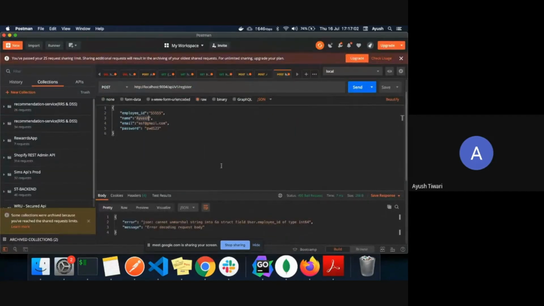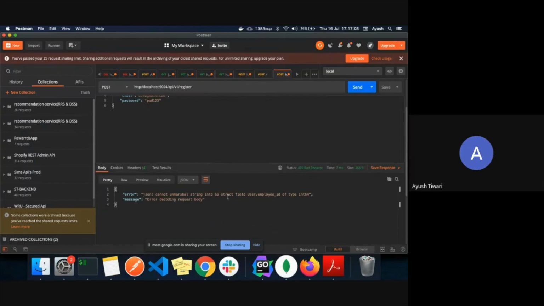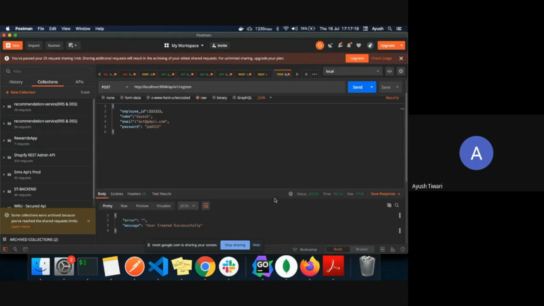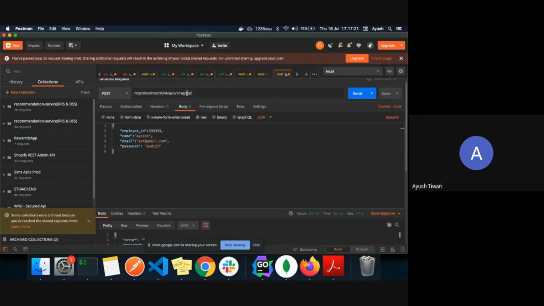Yes, I'm sure now. Okay, that is integer type. So your user is created. Now if I hit a login API with just the email and the password,